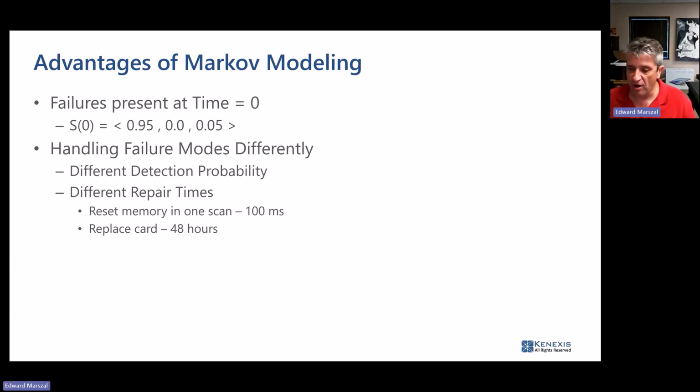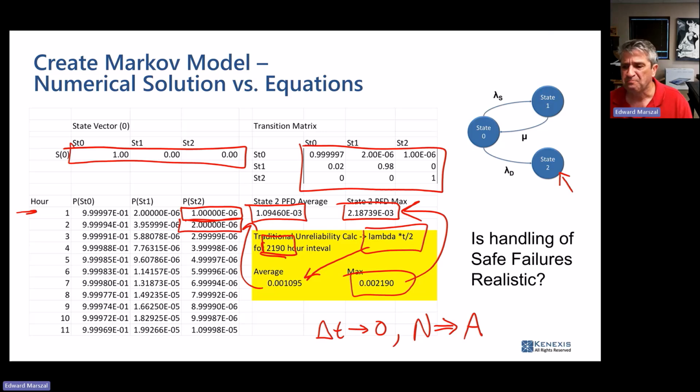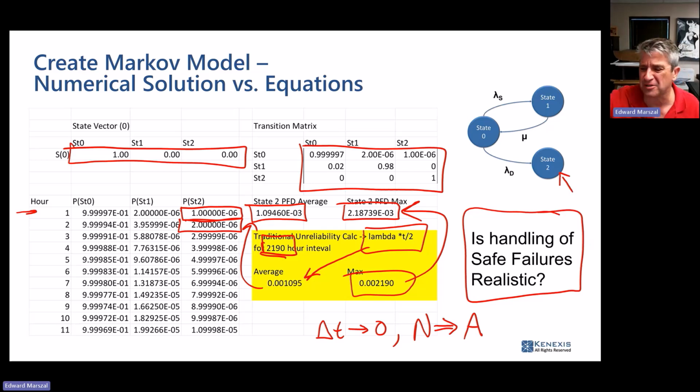Okay, so I've talked a lot about how to build Markov models, and I basically said, if you have an equation, all you're doing is tens of thousands of calculations instead of one to effectively get to the same point. And I kind of also need to brush up on this point a little bit. I kind of have to question the validity of the stochastic nature of what you're doing, specifically right here.